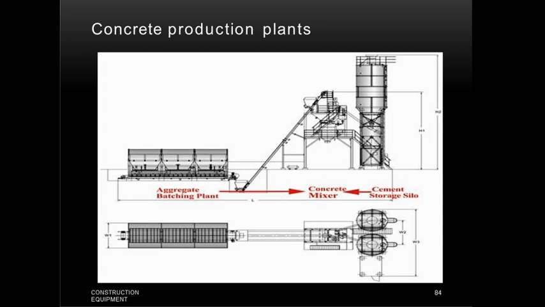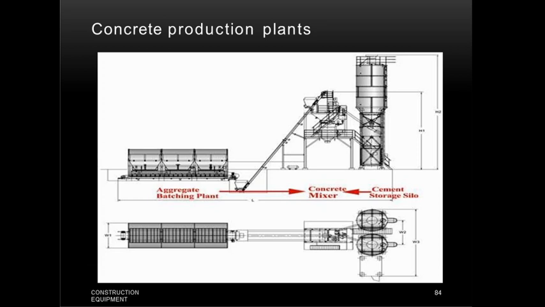So what are the different factors that affect the production from the mixer? The first one is the correct setting of the machine. Next, proper cleaning of blades and inner surface of the drum. Next, the sequence of material charged into the drum. Next, timely supply of water and its direction of inner flow. Then the time of mixing and speed of the mixing drum. These are the important factors which govern the production of concrete from the mixer.